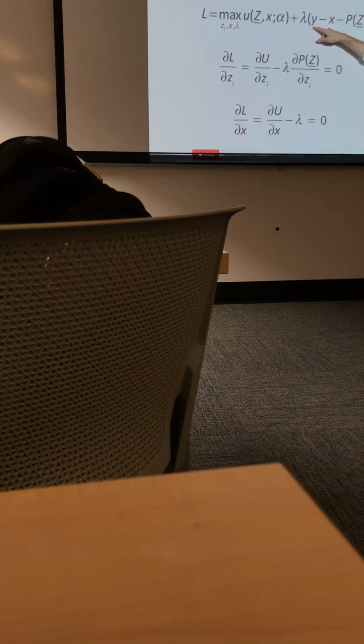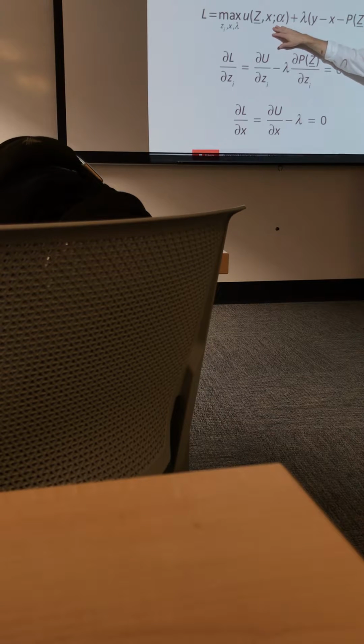Okay. If I give you a little bit more income, then that's relaxing the constraint, and it means that you can now optimize that additional income over how you consume Z and X. So what's the way that you would think about lambda now has a name if you think about what I just described? Yeah? Well, it's the shadow price on your budget. So it's the marginal utility that you get from a tiny bit more income.